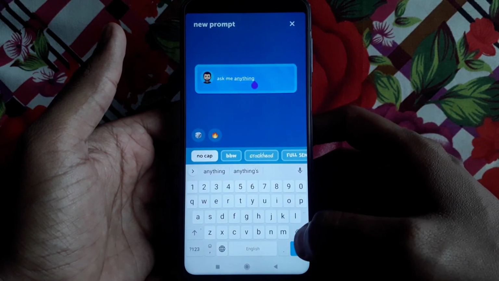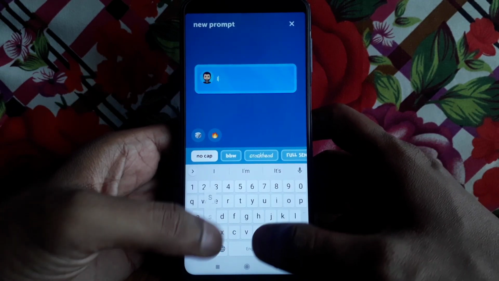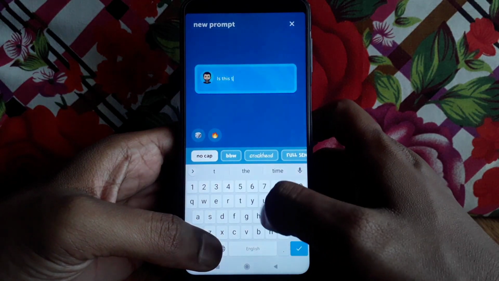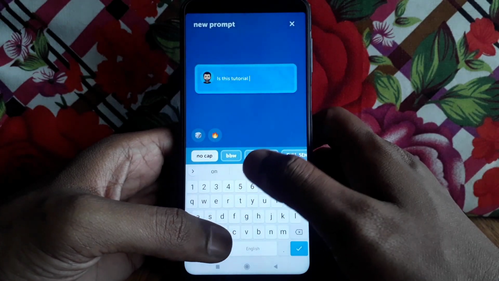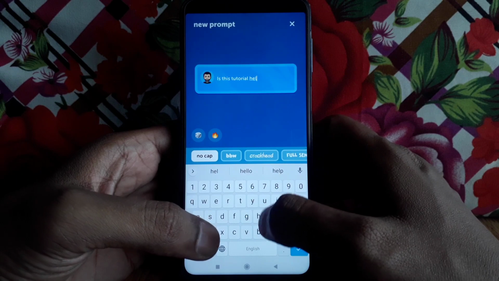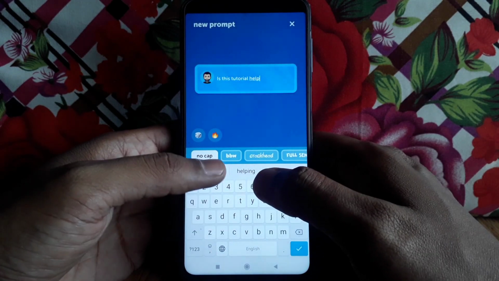So I'm going to put a question here. So here you can select, is this tutorial helpful? So you can select any of the questions you want to ask on Snapchat. So if you click on that,